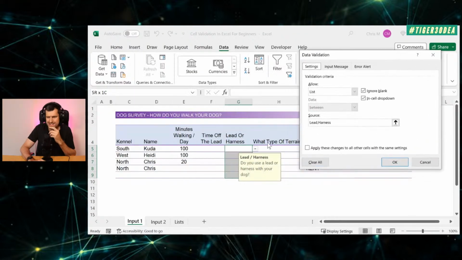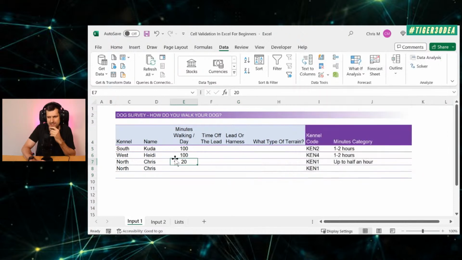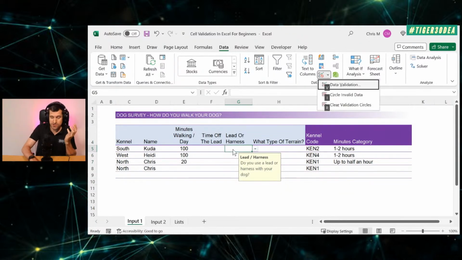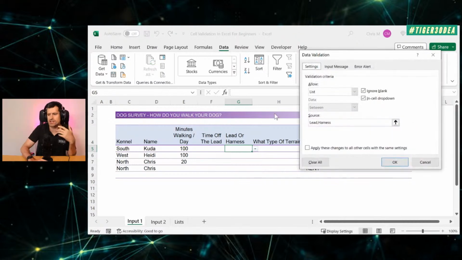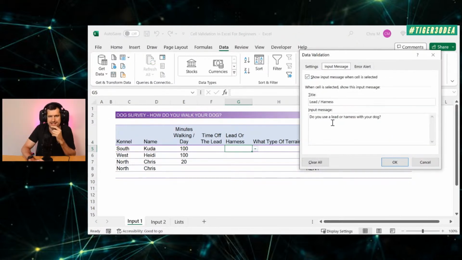Did you see when I selected this cell, we're giving the user guidance? This is another data input aid that we can use. Now, what's this here? This is called an input message. So let's illustrate this quickly. When I click on the cell, automatically this flashes up. Now, clearly, this could be used too much, couldn't it? If you use too much of this, then the spreadsheet's going to feel cluttered. But every now and again, an input message, you can see I've set it up here